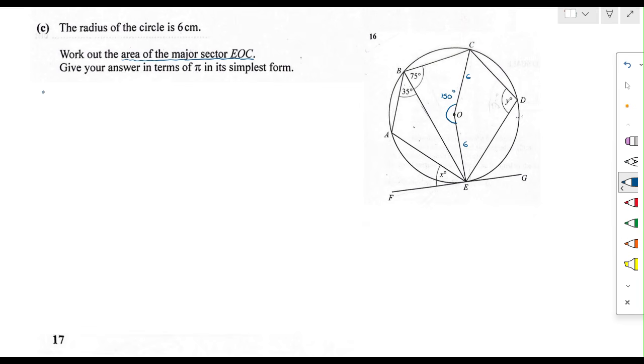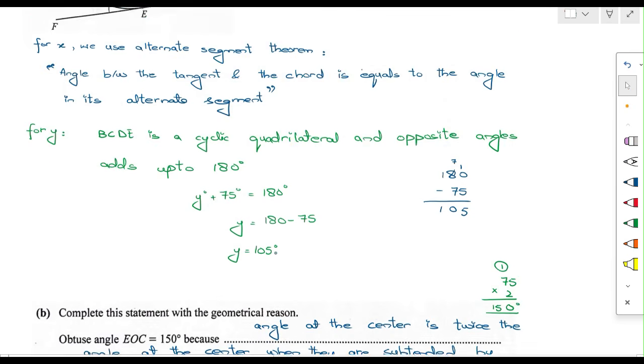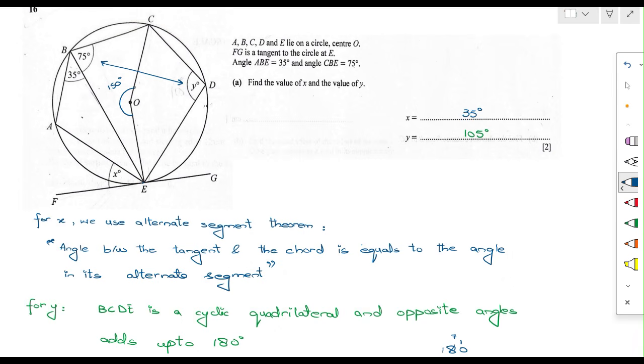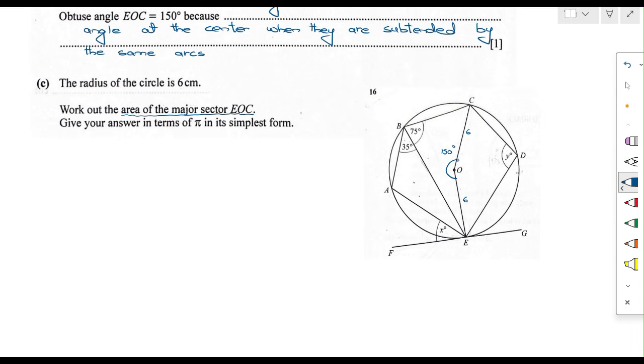So we have already done in part B and we come to know that the angle EOC is 150 degree, right? This angle is 150 degree because when we double 75 we got 150 degree. If that angle is 150, then what about this angle? Okay, so we know that the whole angle should be equal to 360 degree. So to get the other angle EOC from 360